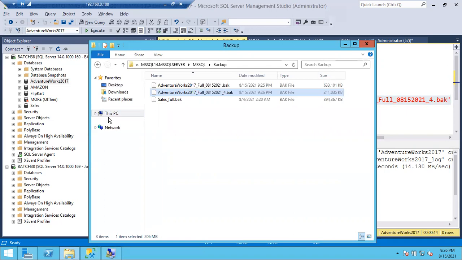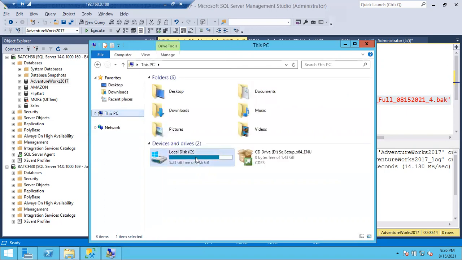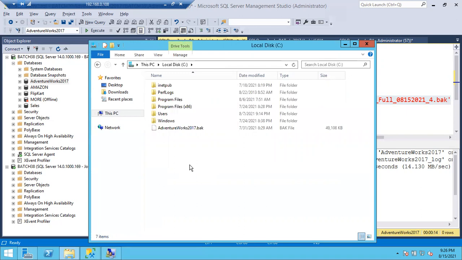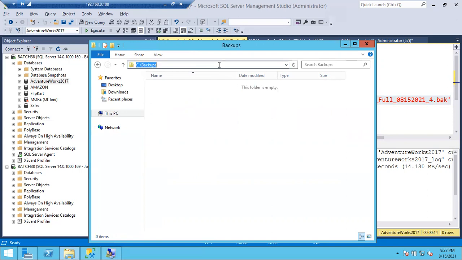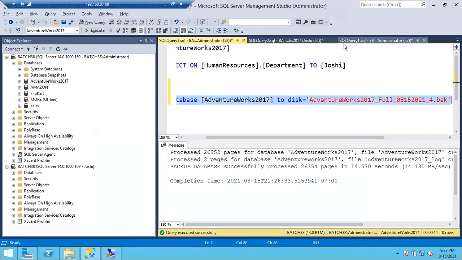So let me create one folder here. Control Shift N, backups. Okay, this is my folder. I want to take the backups to this location. Control C. Now simply I have to provide the path here, then backslash. This is the path up to here, and this is the file name.